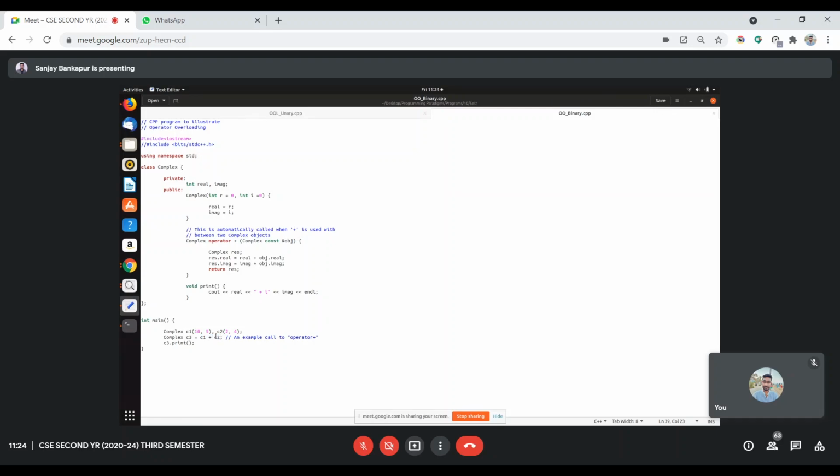So in this case, for C1 instance, this function is called, not the C2 instance. C1 has this method, C2 also has this method. They're two different objects. So C1 has real and imaginary variables, C2 has real and imaginary variables.